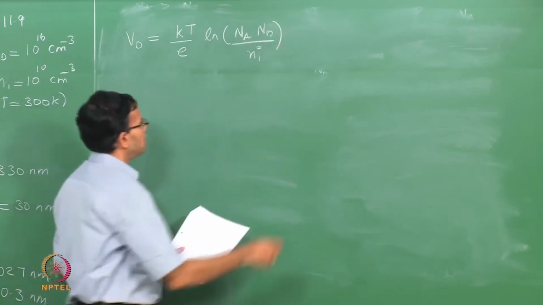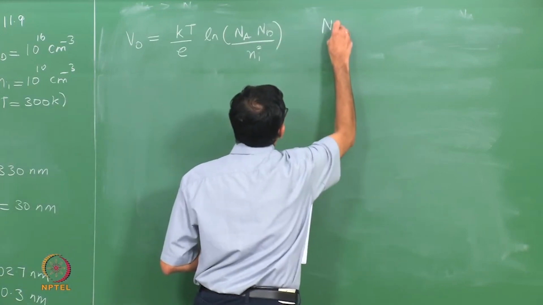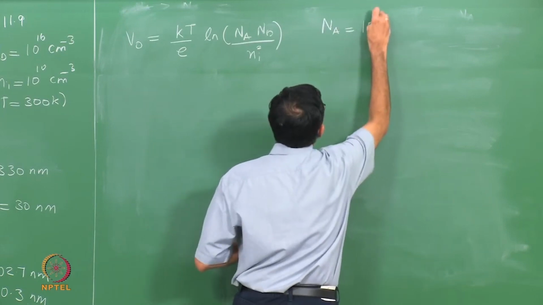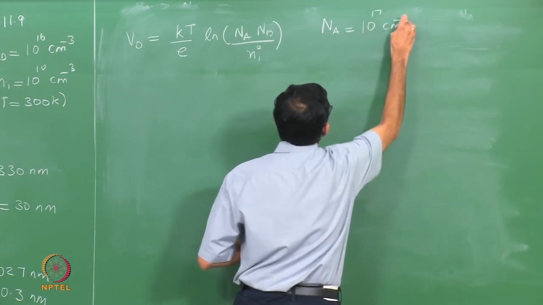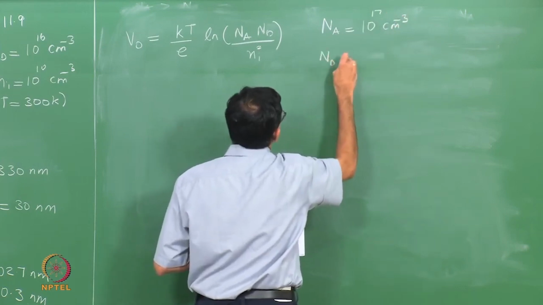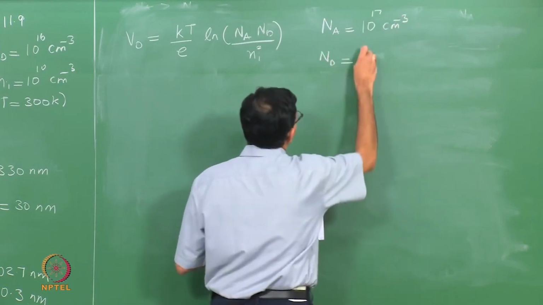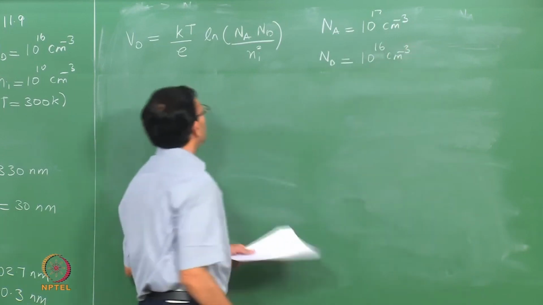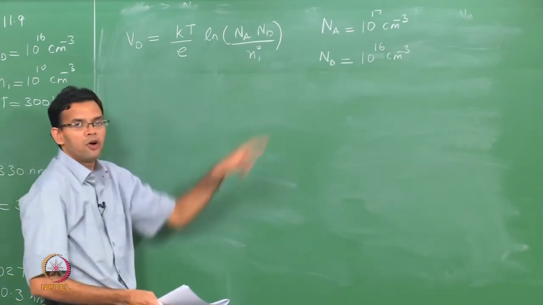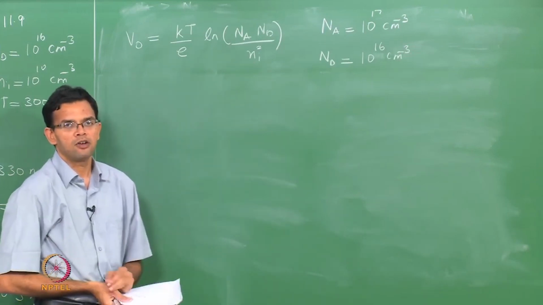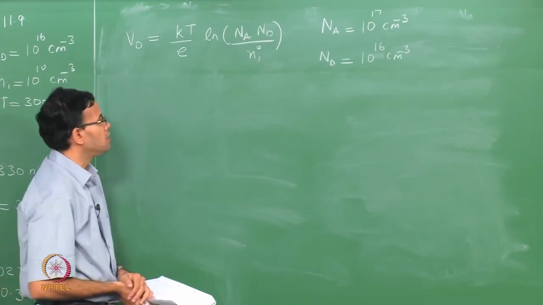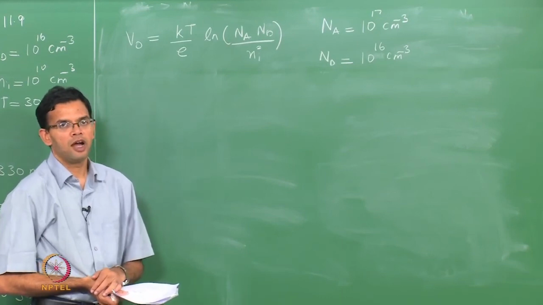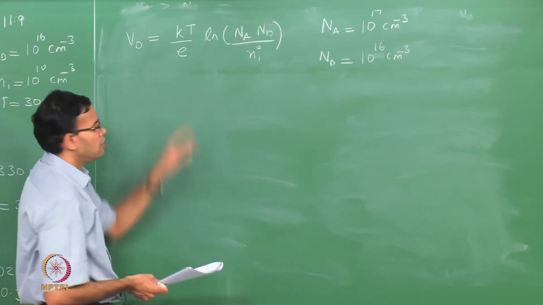For sake of comparison, I am going to keep Na equal to 10 to the 17 and Nd equal to 10 to the 16. But V naught also depends upon Ni, which is the intrinsic carrier concentration, and that depends upon the band gap. So, higher the value of Ni, which happens if you have a lower band gap, then smaller is the contact